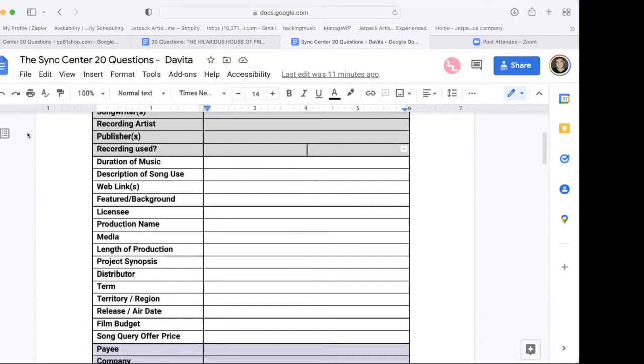So if it's drug use or something negative, they don't want their stuff in that. Really. And then quick, also, just to clarify, the duration of music, you're only putting in what you expect to want to use, right? You're not necessarily putting in the entire song. I know you said 15 seconds or 3 minutes, but right. So you're only putting in what you want to use, not necessarily what the total is.